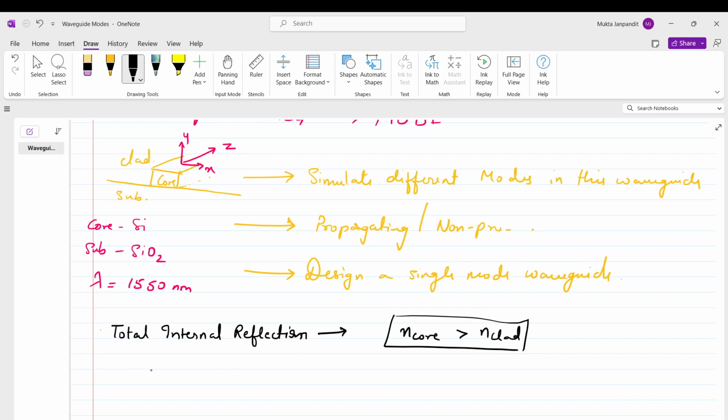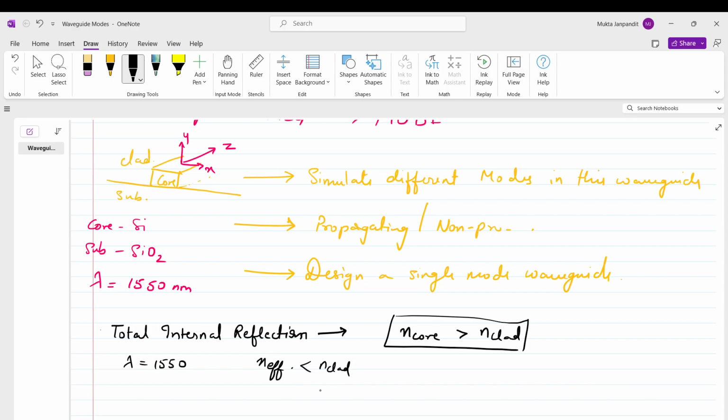When I am sending light of lambda equal to 1550 in my waveguide, because of the waveguide geometry and because of the wavelength of light, the refractive index that the light sees as it is propagating is not exactly n core, right? It is what we call an effective refractive index. So if this n effective is less than n clad, what do you think will happen?